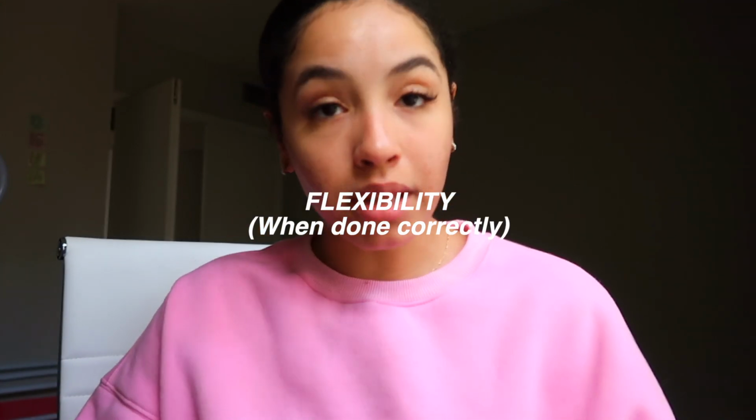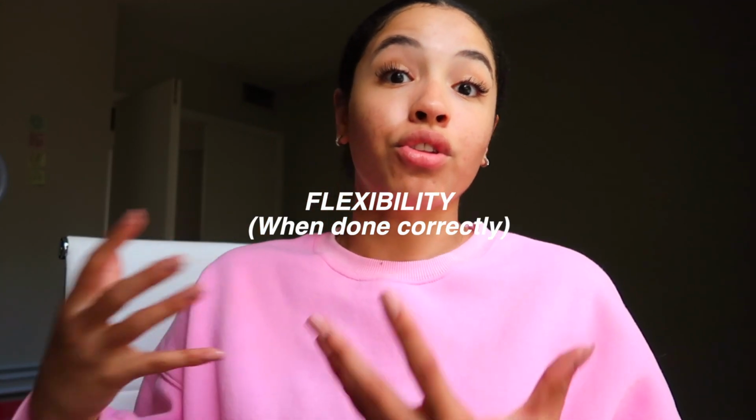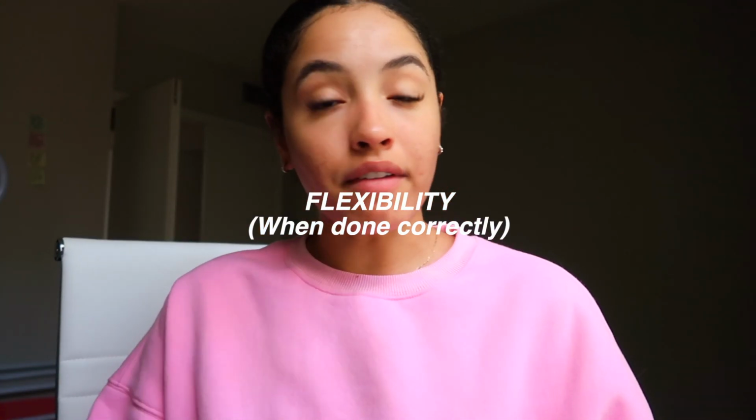Do you want to have more complex carbs in your diet, which are going to be the nutrient dense carbs, the carbs that have fiber in it? Yes. But can you have cereal, and can you have other types of carbs that maybe aren't going to be the most nutritious, but you want it? Yeah, because it fits. And so learning how to track my macros really taught me that all foods fit. There are no good and bad foods. It's just nutrition is more on a spectrum of more nutrient dense and less nutrient dense. And you get to